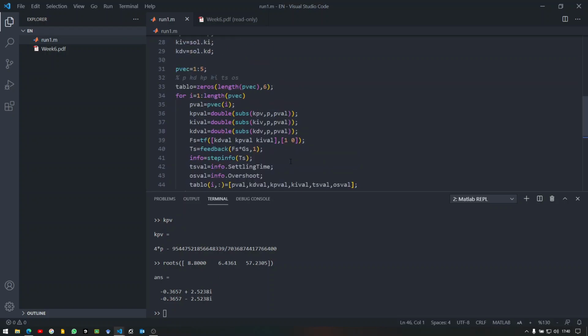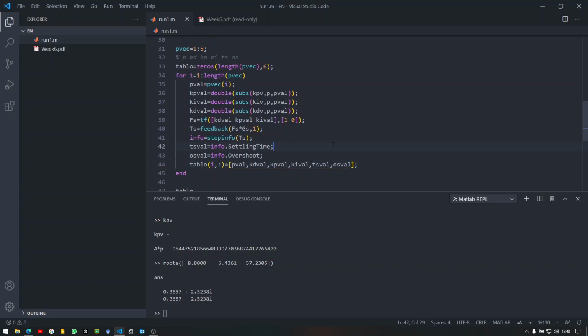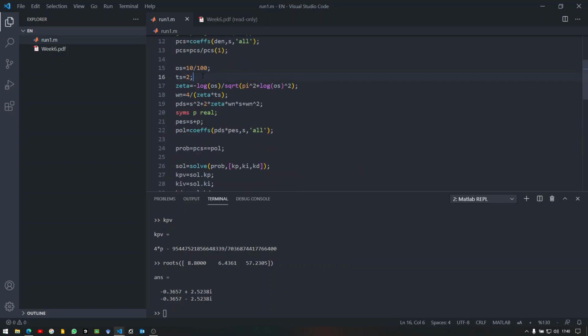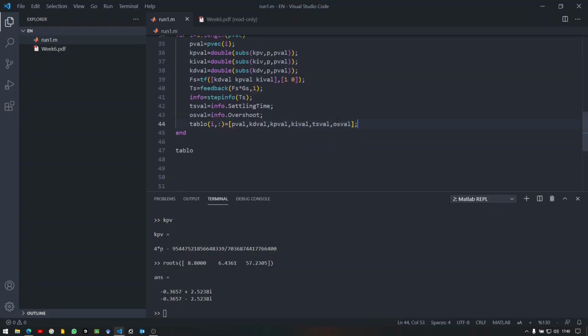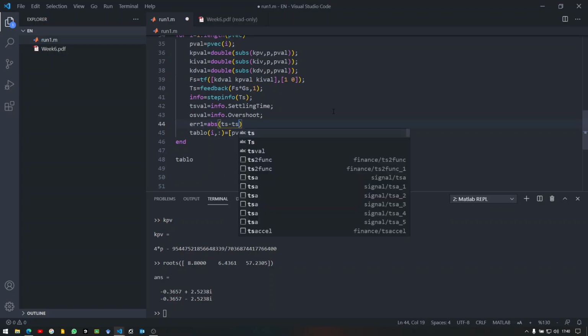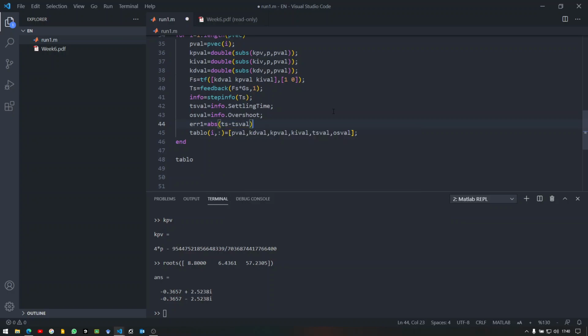Now, since I'm looking at the settling time and overshoot values, and since I've already defined them here, I might look at the error between the settling time here, for example, the absolute value of TS minus TS val. I'm looking at the difference here, and I can also repeat this for the overshoot, but there's a slight problem because I want to combine them using a convex combination here. I will be trying to combine them